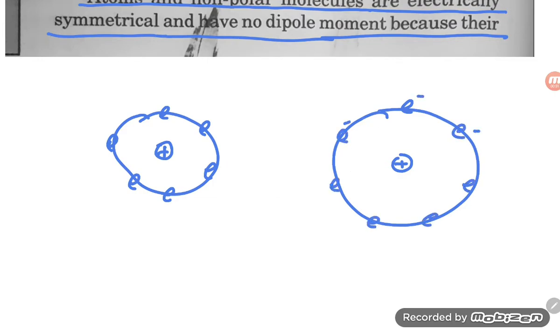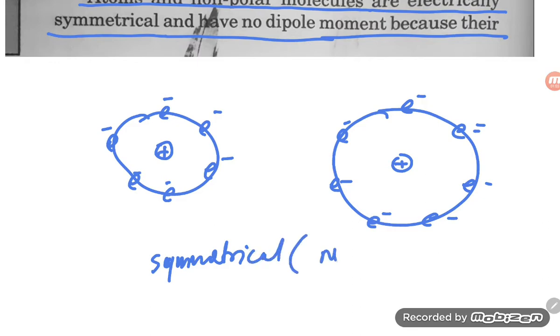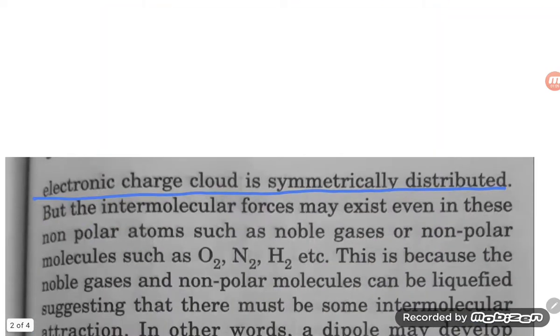There is no positive or negative charge developing anywhere. So this is symmetrical, and symmetrical means non-polar. No polarity, no plus or minus, develops on this molecule. Now what are they saying? Next line, you see,